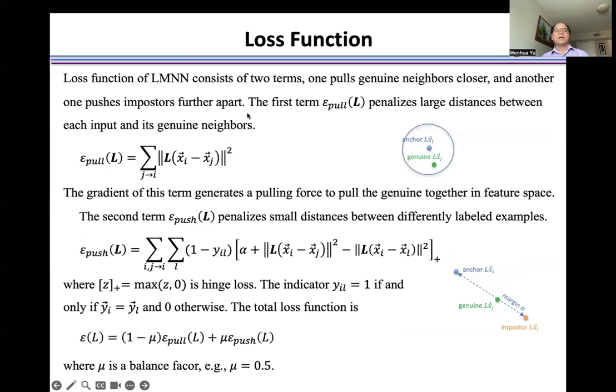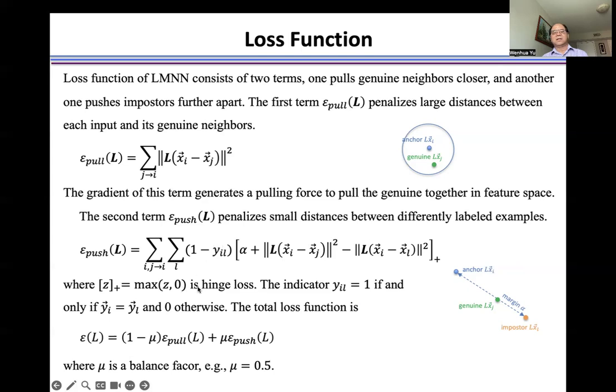The loss function of LMNN consists of two terms. One pushes genuine neighbors closer. Another one pushes imposters further apart. The first term penalizes large distances between each input and its genuine neighbors, which is defined here. The gradient of this term generates a pulling force to pull the genuine neighbors together in the feature space. The second term penalizes small distances between differently labeled examples, which is defined here,